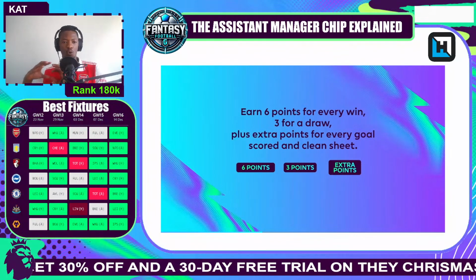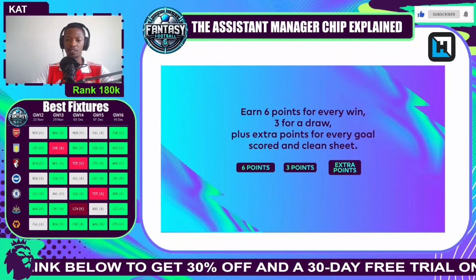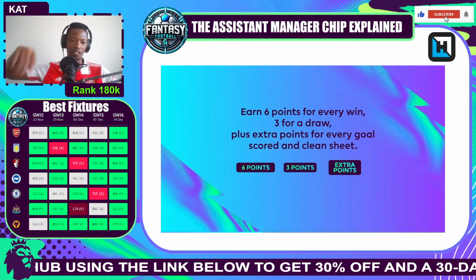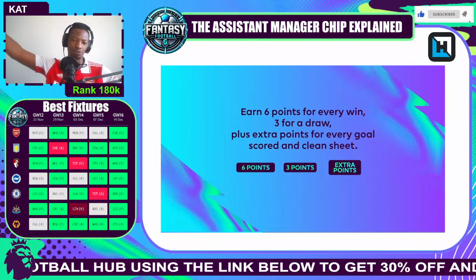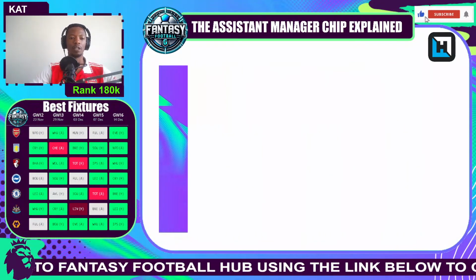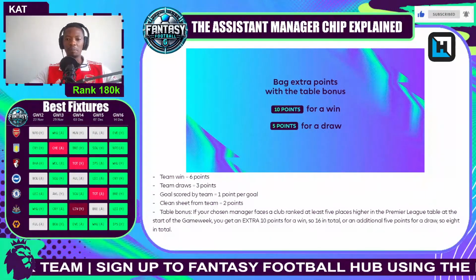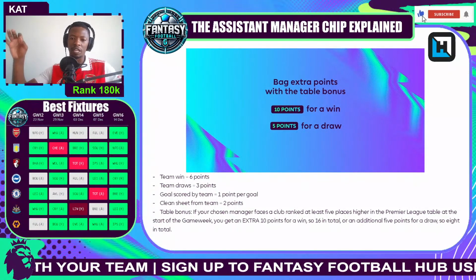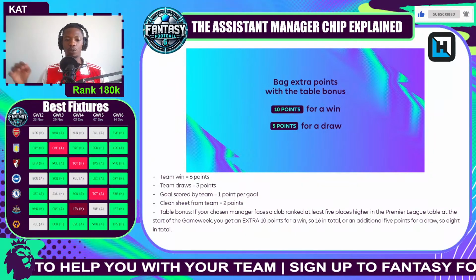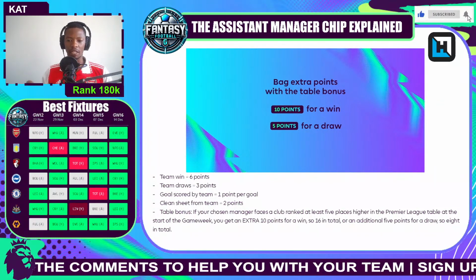But now there's also extra bonus points. So there's the basic point system: if your manager wins, he gets 6 points. If he draws, he gets 3 points, and then he gets extra bonus points for however many goals he scores. What are the extra table bonus points? They bag extra bonus points with the table bonus of 10 points for a win and 5 points for a draw, if the team they're playing is 5